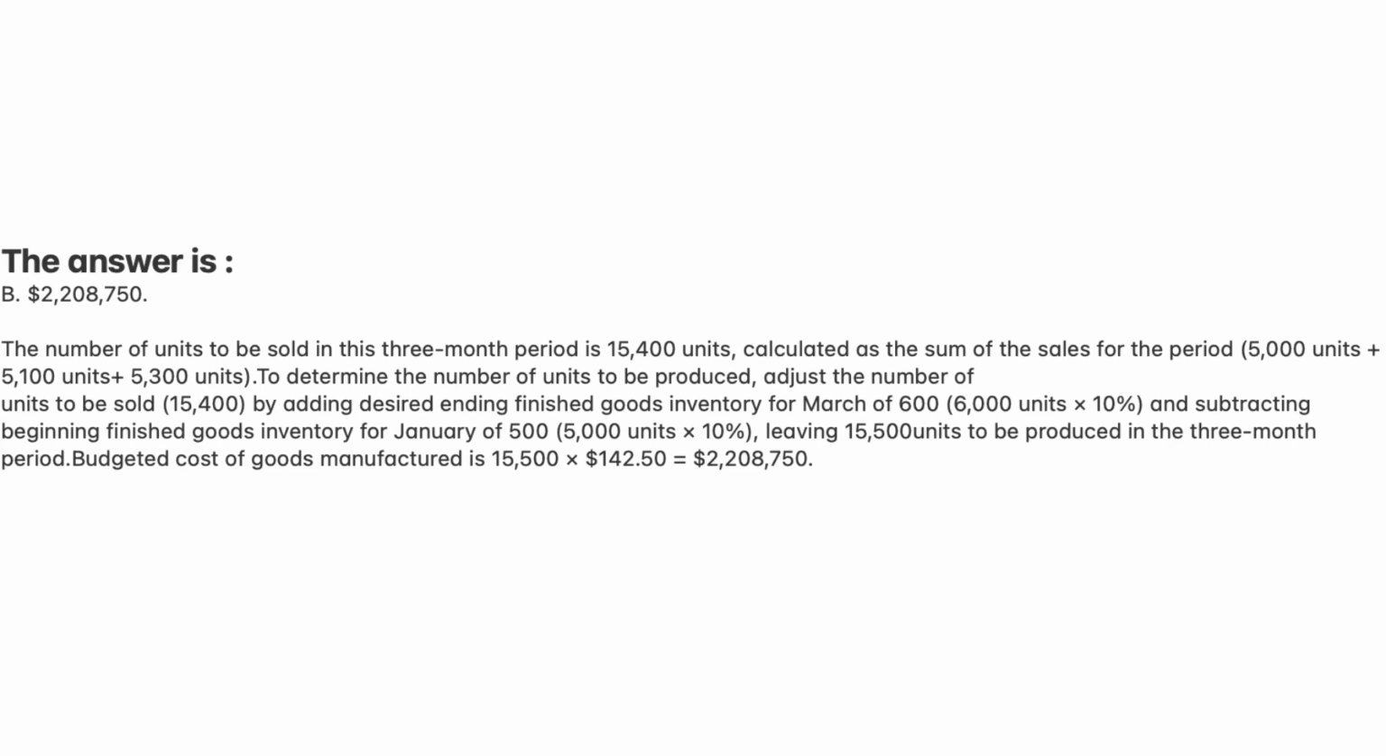the sales for the period, 5,000 units plus 5,100 units plus 5,300 units. To determine the number of units to be produced, adjust the number of units to be sold, 15,400, by adding desired ending finished goods inventory for March of 600, 6,000 units times 10%, and subtracting beginning finished goods inventory for January of 500, 5,000 units times 10%, leaving 15,500 units to be produced in the 3-month period. Budgeted cost of goods manufactured is 15,500 times $142.50